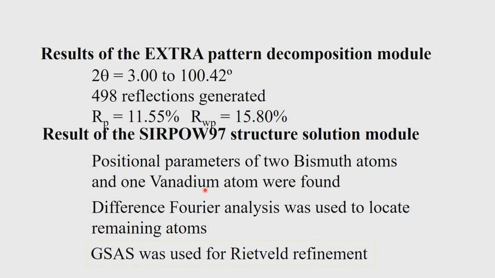Then what was done was to use this approach to do a difference Fourier. So, what we did was we accounted for two bismuth and vanadium and did a difference Fourier map. And the program that was used is a program called GSAS, which was used for the refinement of the structure later. But at this moment, Patterson and direct methods gave the positions of the heavy atoms. These heavy atoms were now subjected to difference Fourier analysis. That means effectively we remove the bismuth and vanadium and see what is left in the density.